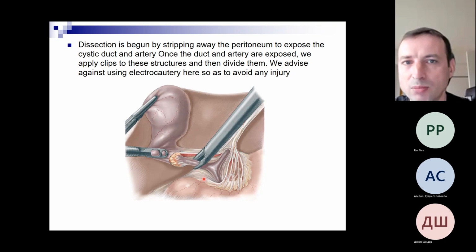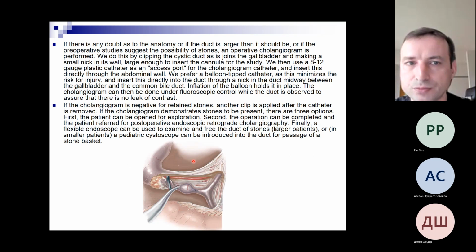Dissection is begun by stripping away the peritoneum to expose the cystic duct and artery. Once the duct and artery are exposed, we apply clips to these structures and then divide them. We advise against using electric cautery here so as to avoid any injury. If there is any doubt as to the anatomy, or if the duct is larger than it should be, or if the preoperative studies suggest the possibility of stones and an operative cholangiogram is performed, we do this by clipping